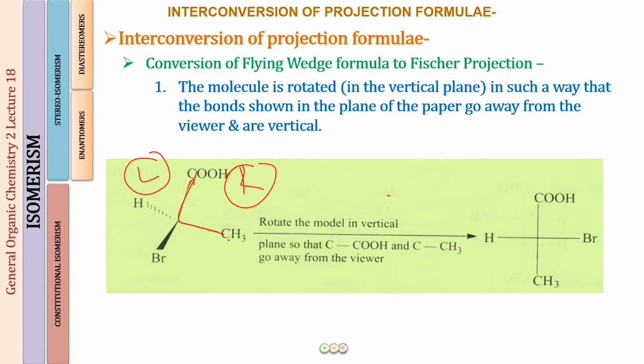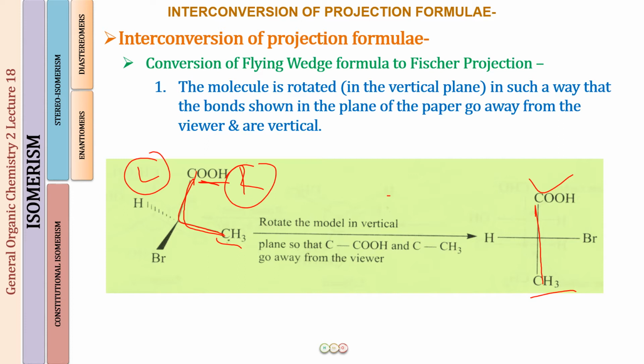So first of all, the two bonds in the plane of paper, starting from the group which was on the top of that vertical line, we write the COH group, make a vertical line, the end of it is a CH3. So we draw these two bonds which were in the plane of paper. Okay, once you have done that, now that was easy because you could see that they were in the plane of paper, but now what you do not know is what to keep on the left side and what to keep on the right side.